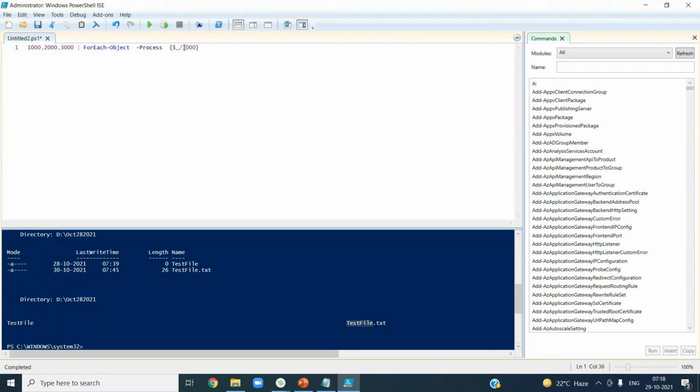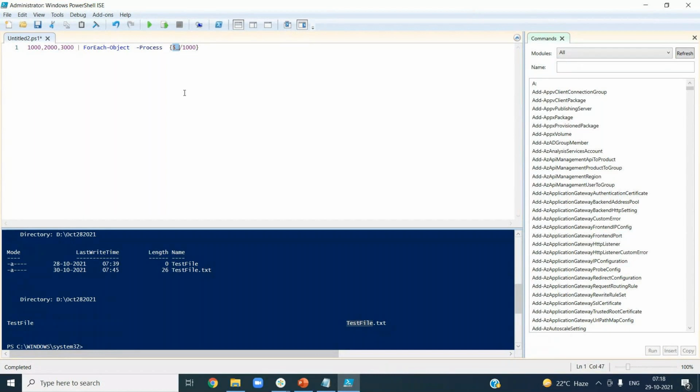What is this $_? So $_ refers to each and every value that is there in your list. When it is looping for each object in this list, first 1000 will come, next 2000 will come, next 3000 will come. Those values will be available in this $_.